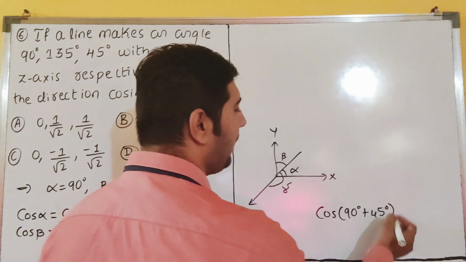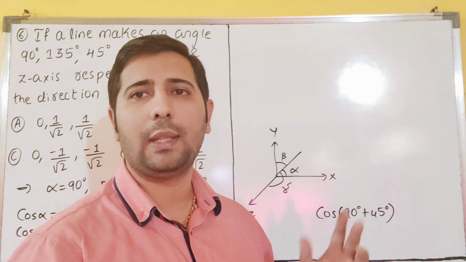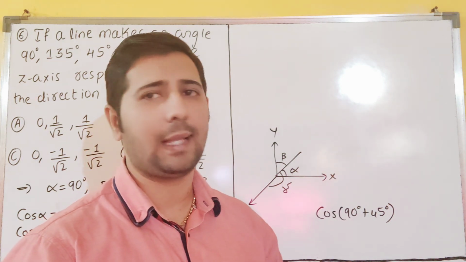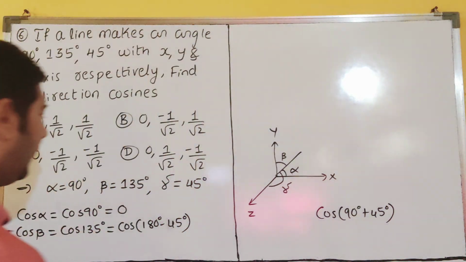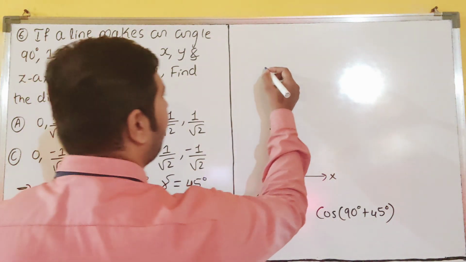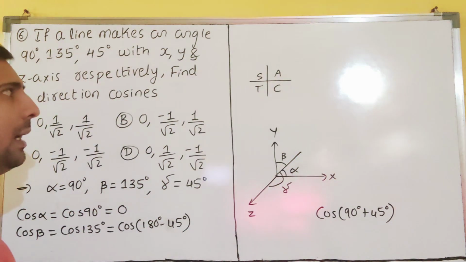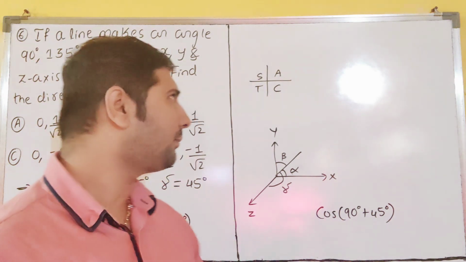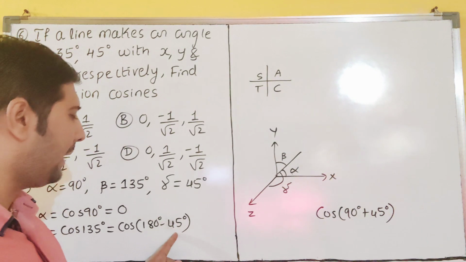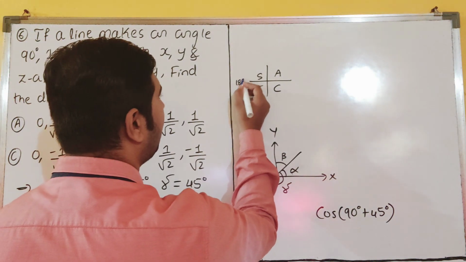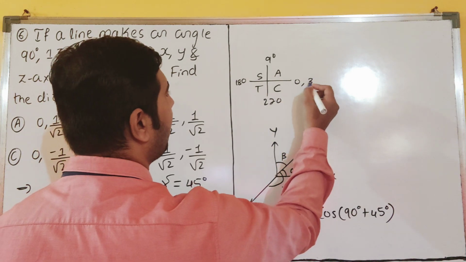There are some students who will say, sir, 90 plus 45 will also give the same answer. Yes, dear students, I am not saying it will give a different answer; it is giving the same only. So now see here, 180 minus theta: after school to college, we have discussed this a lot in application of derivatives also. 180 will come here: 0, 90, 270, and this is 360.